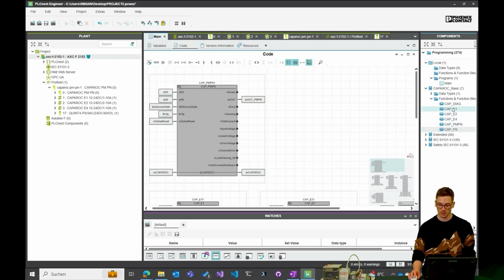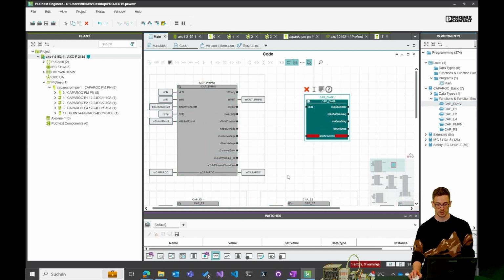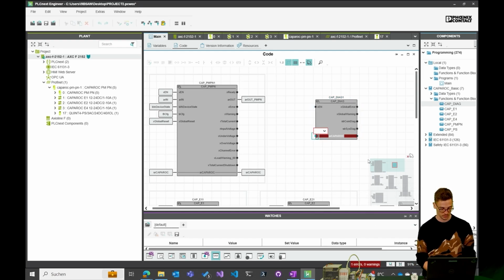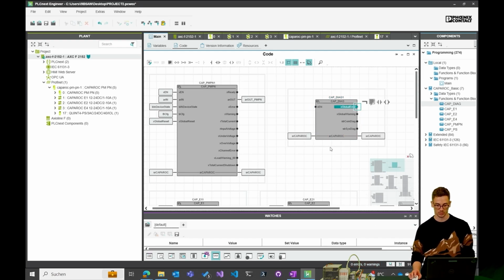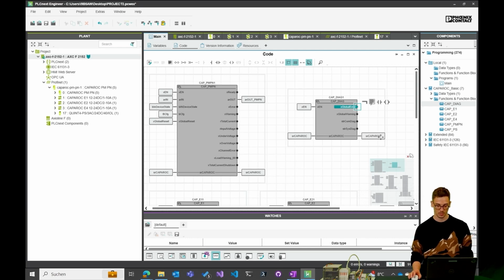So let's see how you can use the diagnostic function block, the cap diag. Same procedure as always. We need the global Caparog structure, and here as inputs we only need the enable to enable the function block, and this is basically it.